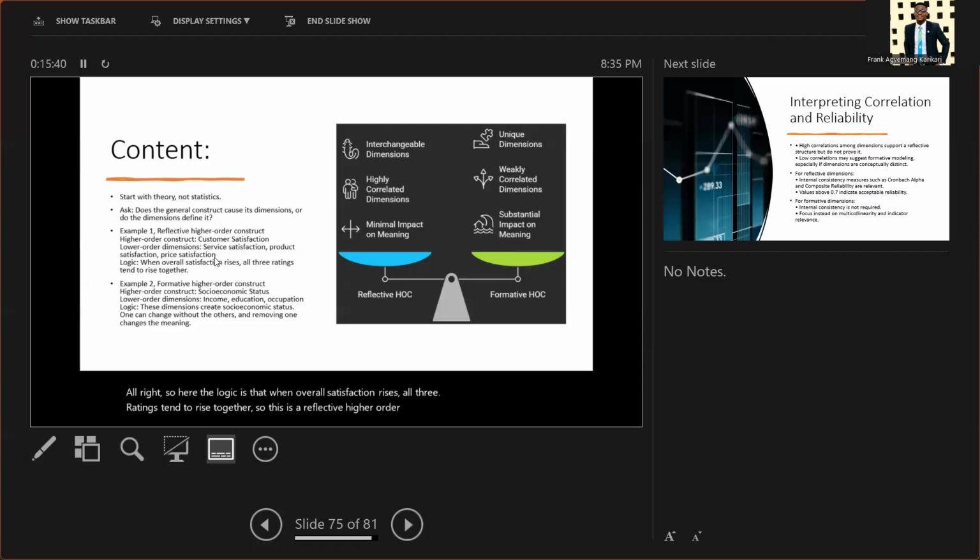All right. The second example aligns with a formative higher order construct. I think we have used this example previously, socioeconomic status, and we mentioned that socioeconomic status is formed by three different sub-dimensions. It is formed from income, education, and occupation. And once you take away one of these dimensions, the underlying concept of socioeconomic status is not the same. All right. So just as I've explained it in the diagram here,